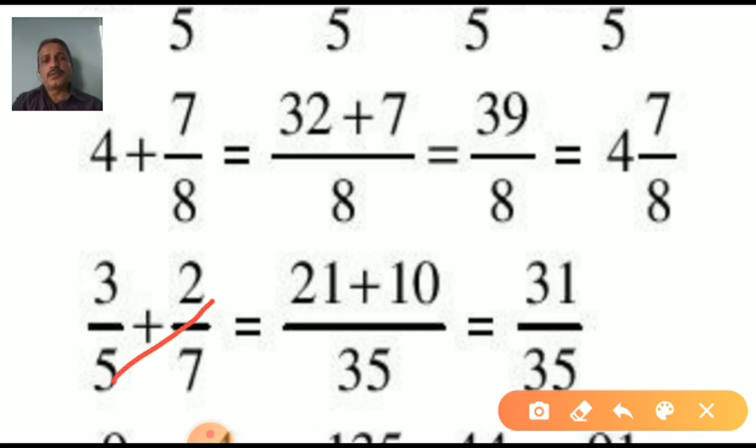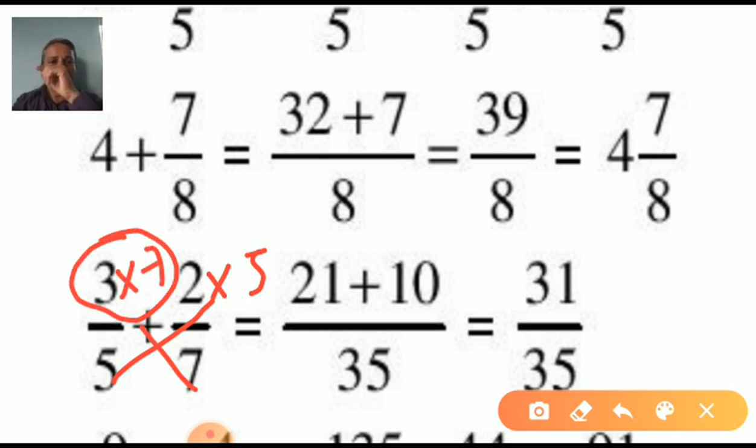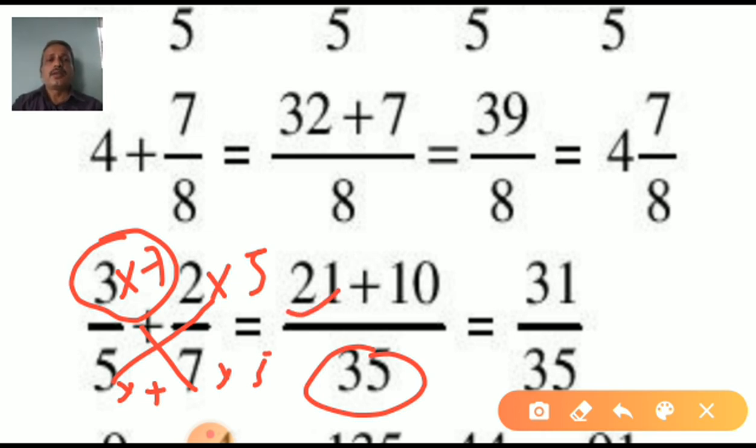This denominator multiplies with this one, and this denominator is multiplied with this one, 7. Yes. What is the answer here, student? This is called the LCM. Here also you can multiply with 7. This number multiply with 5. So 7 5s are 35. This remains as it is here. Or 3 7s are 21, 5 2s are 10.